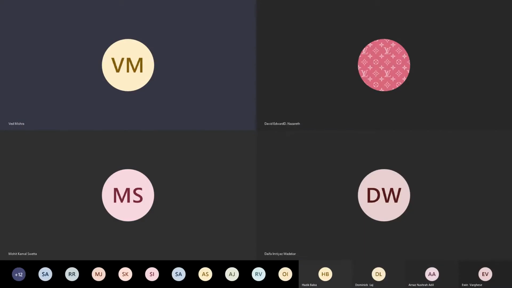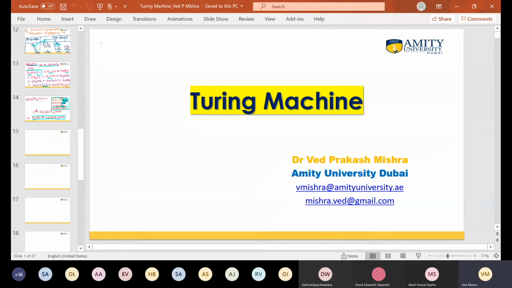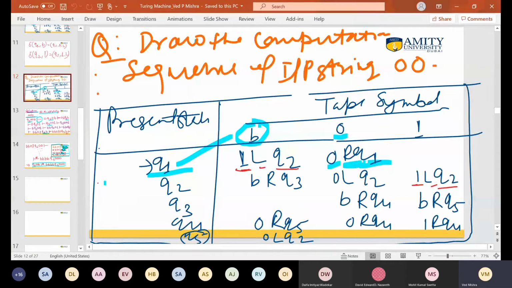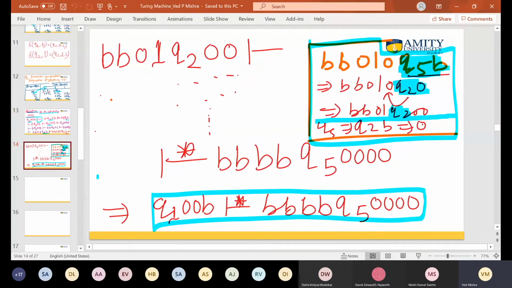We did Turing machine, and in that Turing machine we did how to process the string using the transition table. So hope you understood the transition table, how to write the actions in the transition table, and if strings are given, how to process it. We did one example as well. Any confusion in this question, whatever we did yesterday? No, sir. Okay. So till here we had completed.